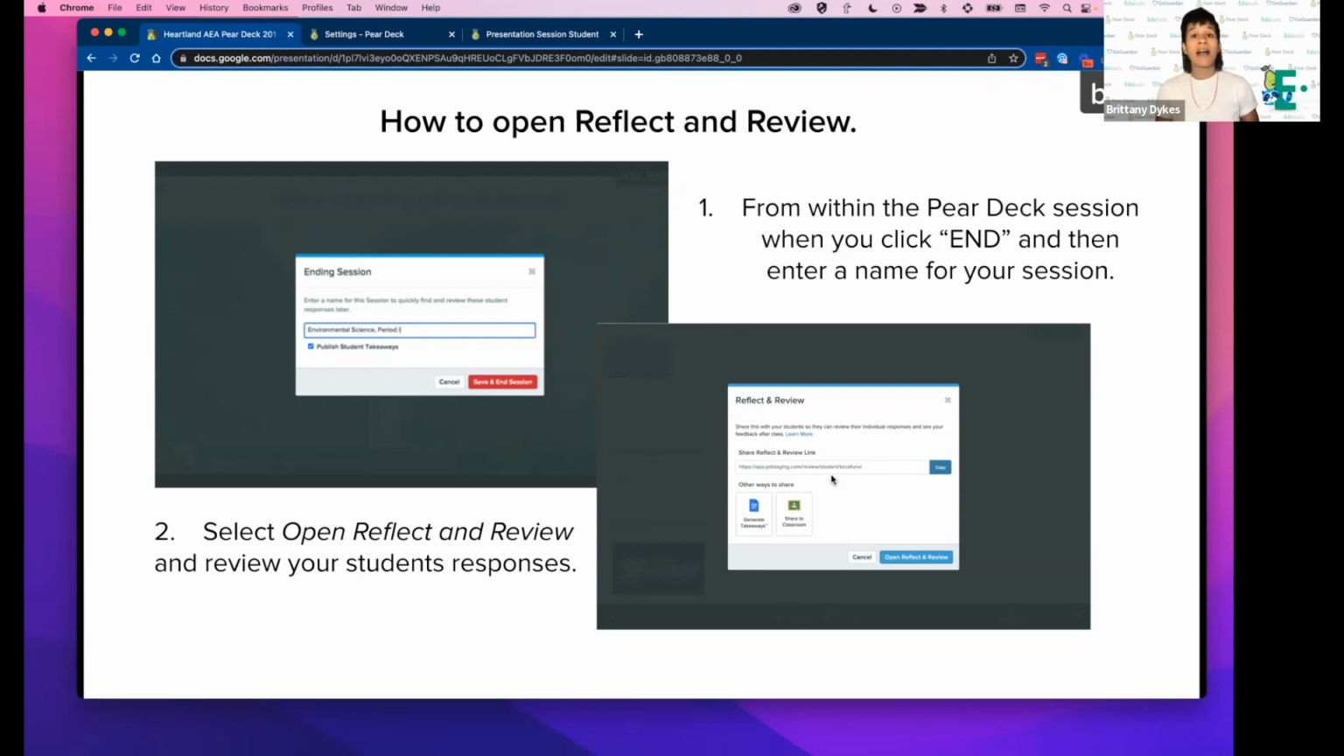You as the teacher will have access to all of the students' reflect and reviews, but each student will only have access to their own. So this is great as a study guide, thinking about after the lesson, wanting to review that work for the big test that's coming up Friday, or even just giving our students a chance to think about the work that